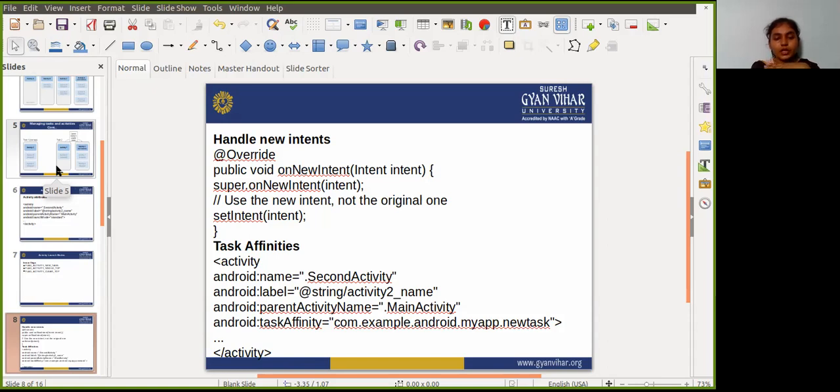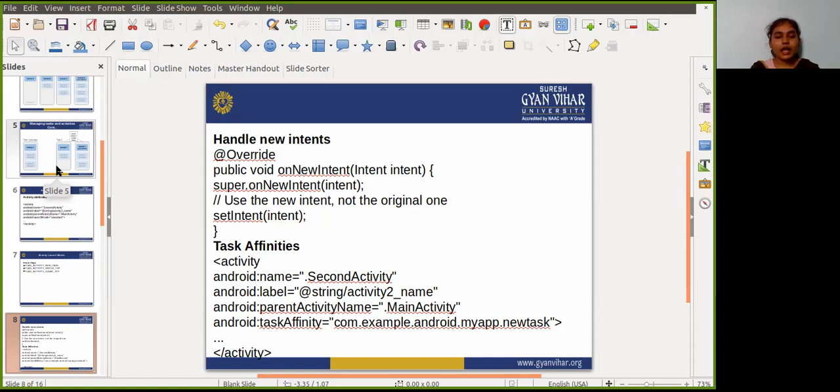It looks like this: first you override it, and then public void onNewIntent is called, in which it passes the intent, and then you write super.onNewIntent, passing the intent object, and use the new intent, not the original one. After that it calls the setIntent method, passing the intent object, and closes. Any call to getIntent after this returns the new intent.